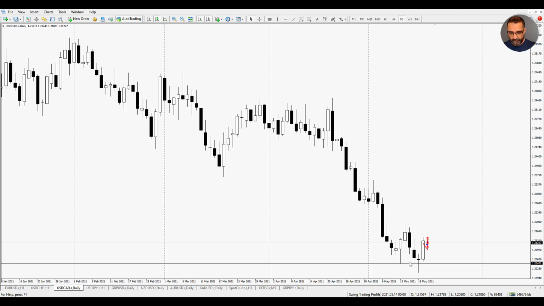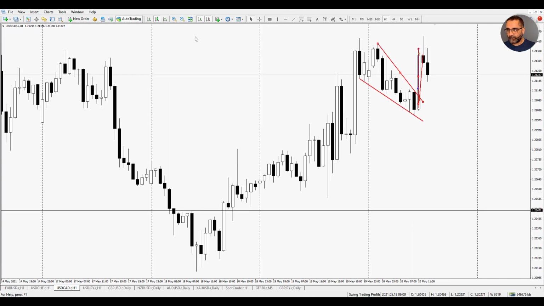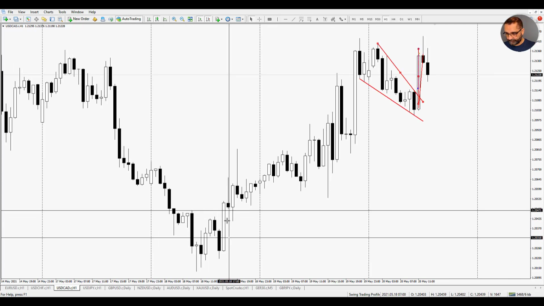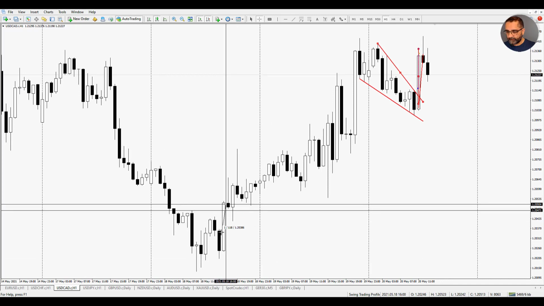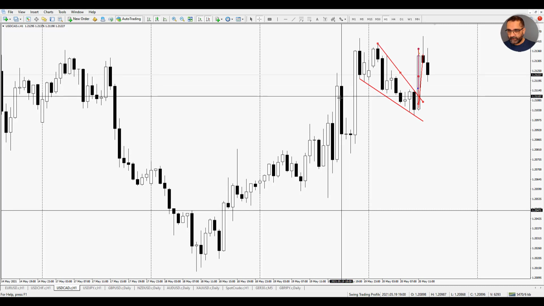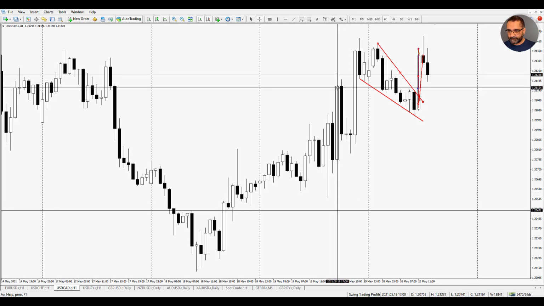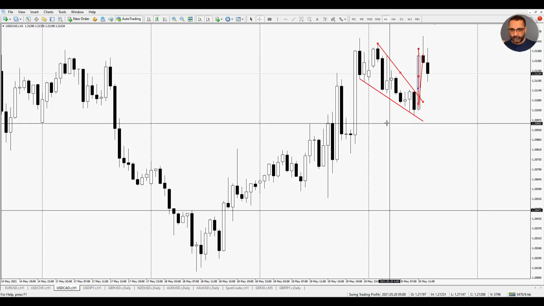I had this level on the daily chart. On the hourly, I saw this. I went long here, and I put my stop loss there. And then yesterday I got out somewhere here. Right? Today, I saw this,